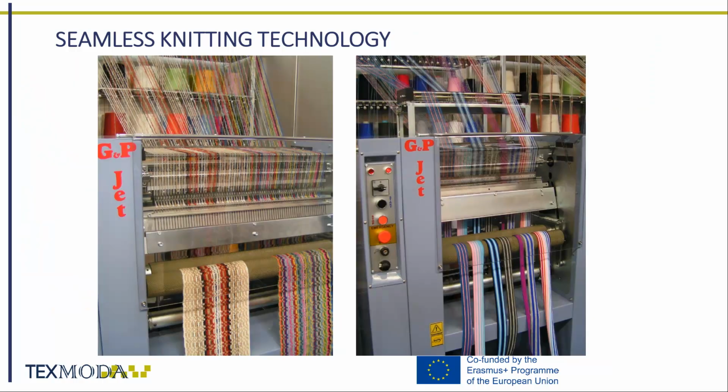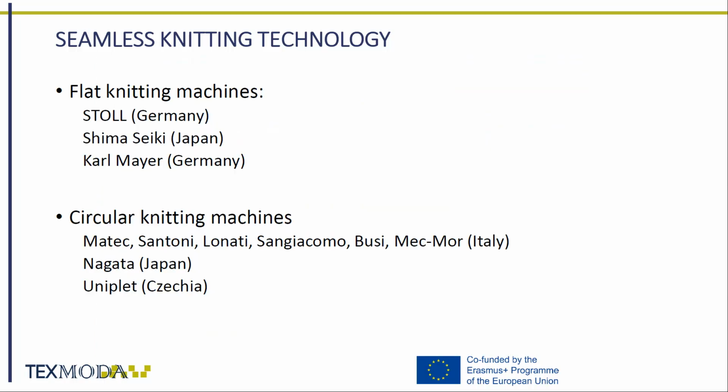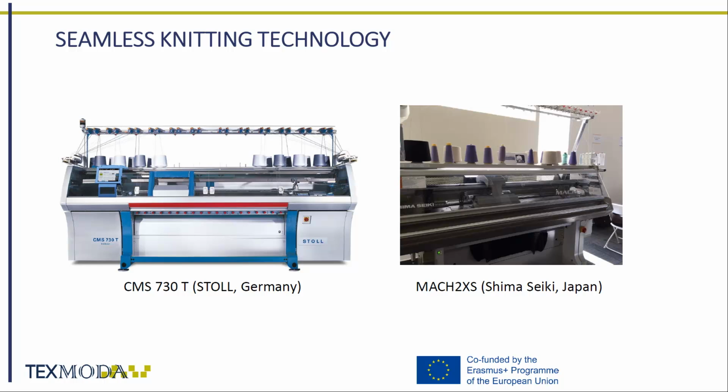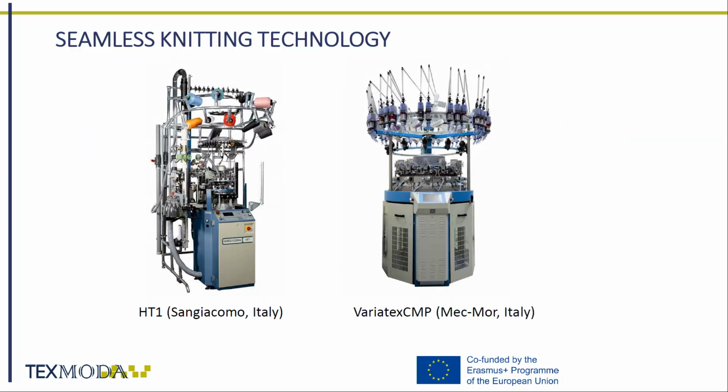Knitting of scarves using a flat form knitting machine can also be attributed to seamless knitting technology. Seamless knits can be produced using both flat and circular weft and warp knitting machines. In this slide, 2 main producers of flat knitting machines for whole garment knitting are presented. In this slide, an automatic small diameter circular knitting machine is presented.